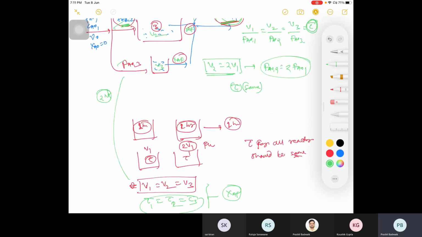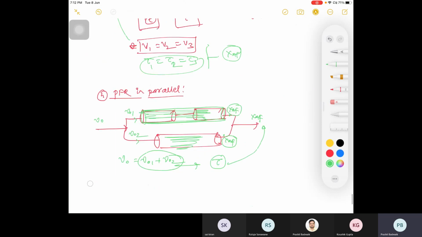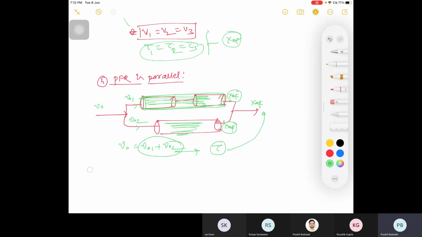So MFR means all reactors are the same. It is not like MFR and PFR in series, or MFR in parallel with PFR. So suppose I am having reactors of the same type in parallel or series. In the parallel case we studied that in order to have the same conversion at exit, you must have the same residence time inside the reactor. Or you need to adjust the flow rate such that you will have the same residence time.